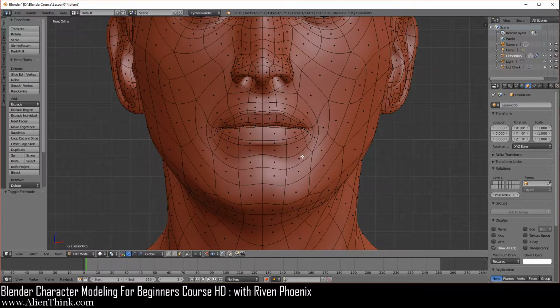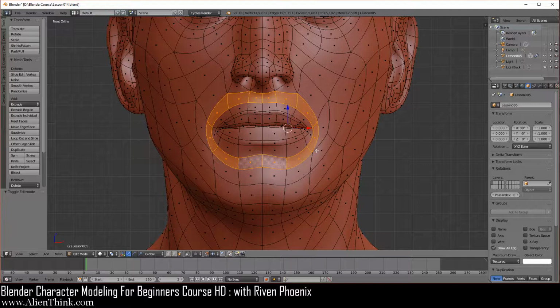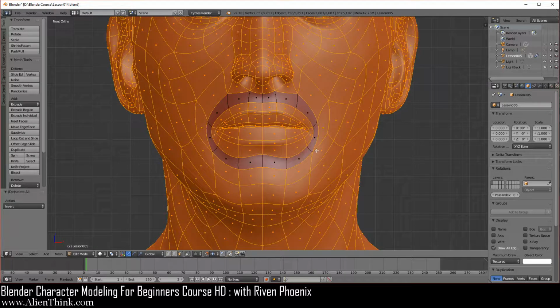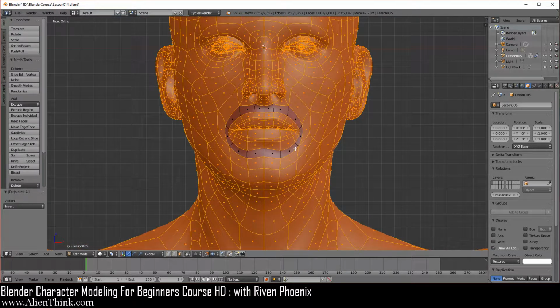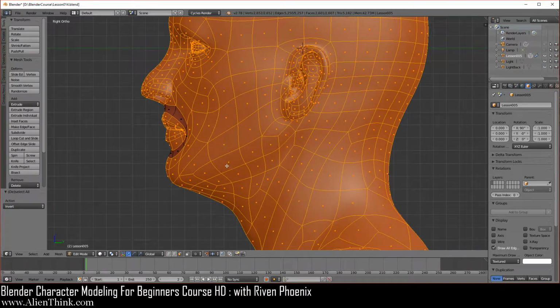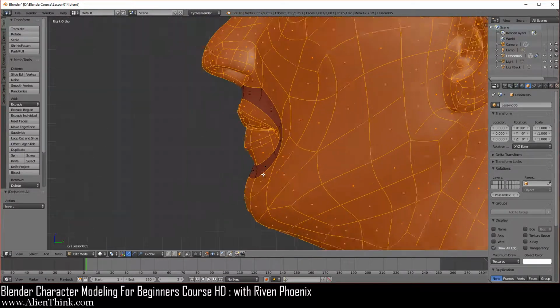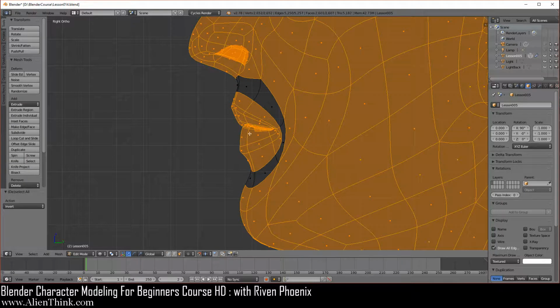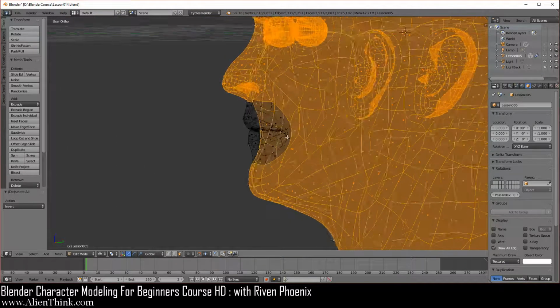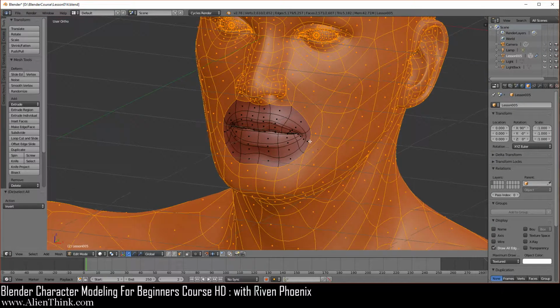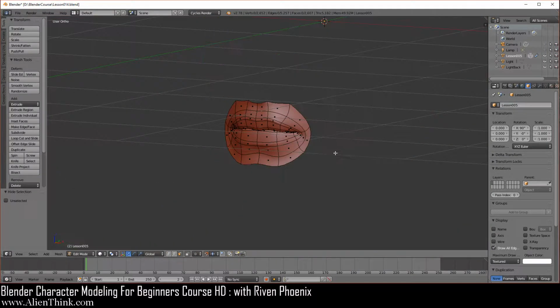We're going to do tab and just press the alt key down and click on this edge loops. It'll select this over here. Now if you do control I, it'll simply just invert the selection. Okay, so you're going to go to the right view by pressing the 3 key. Go ahead and zoom in over here, press the Z key to go into wireframe, press the C key, and you're just going to do middle mouse button to deselect all these guys over here. Okay, should be like this. And if you press Z, you'll see that that's what we have. So just press the H key to hide this.